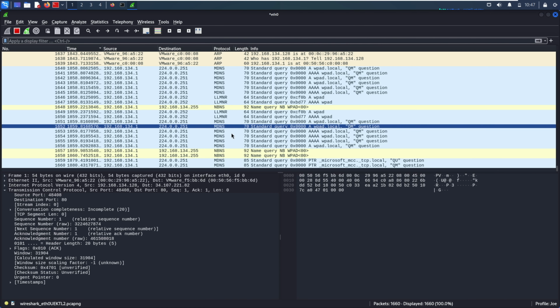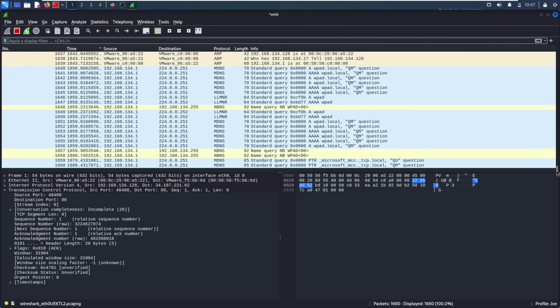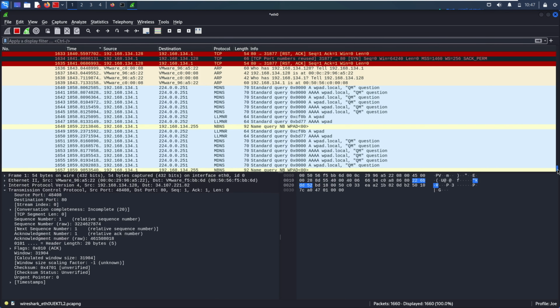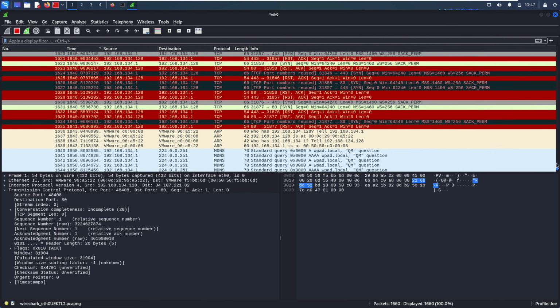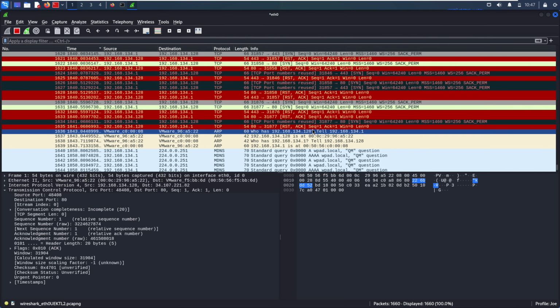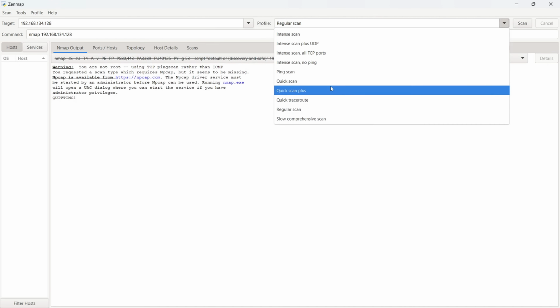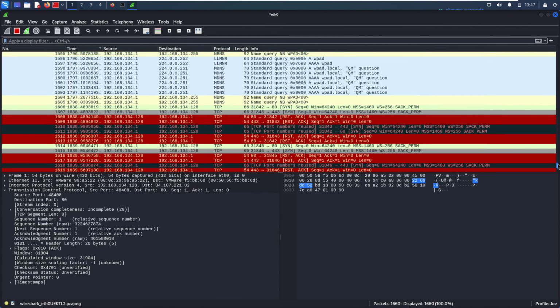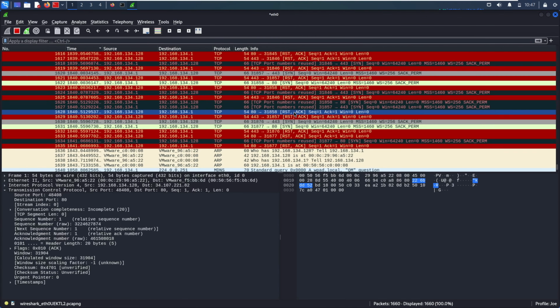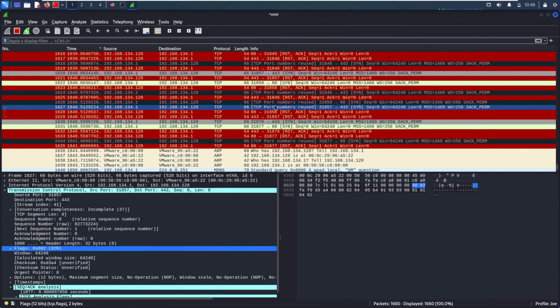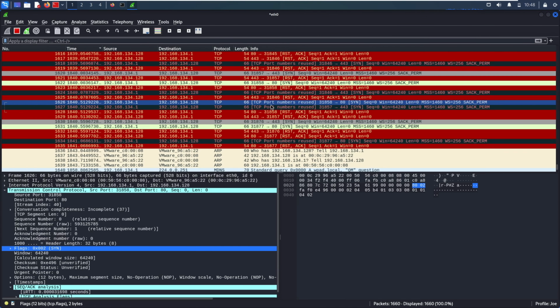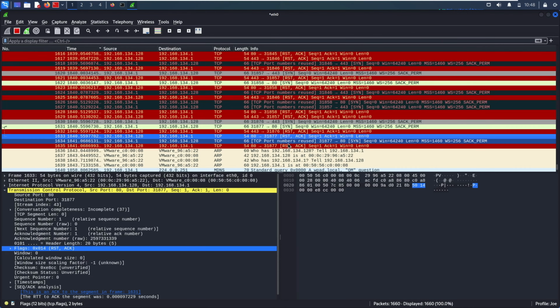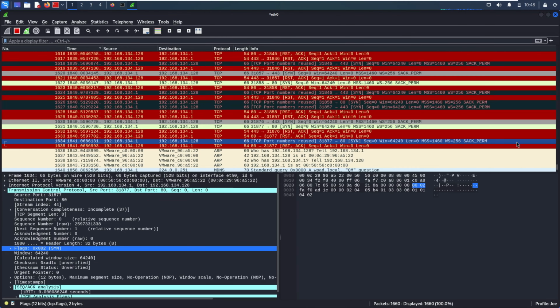Another example scenario involves a malicious user attempting a port scan on your network. In response, your firewall may send RST packets to the user to thwart the attack, or because the targeted port is closed. A port scan generates a significant amount of traffic, which can be observed as noise in the Wireshark list pane. Now I am demonstrating a port scan initiated using Nmap from another device. Our machine responded with RST packets because the scanned port was closed. This interaction between the scanner and our machine provides valuable insights into potential security threats, highlighting the importance of monitoring